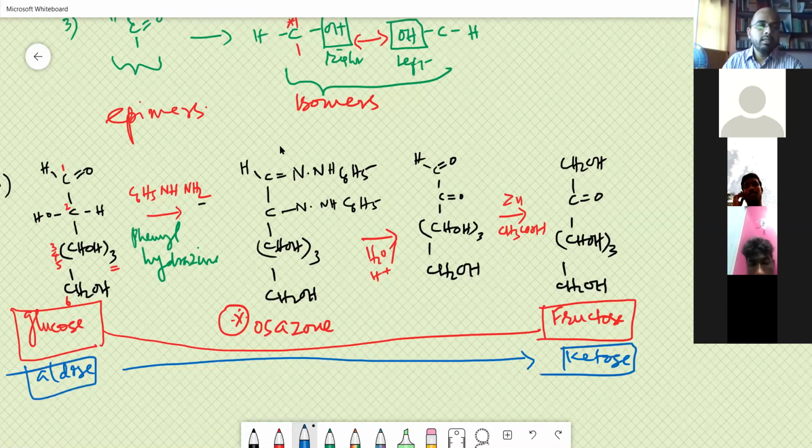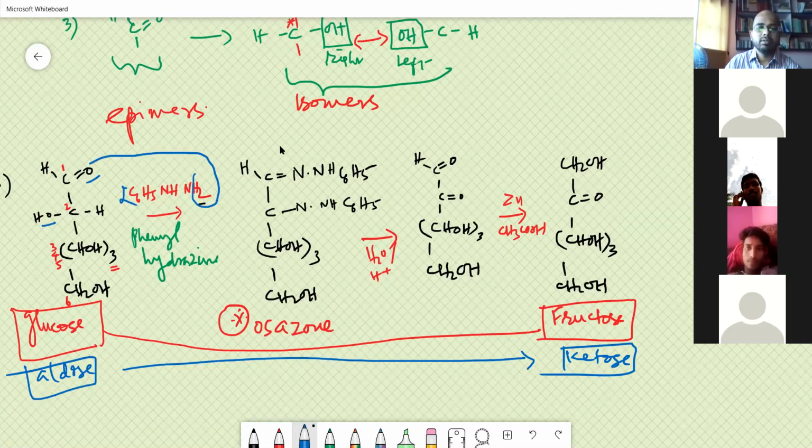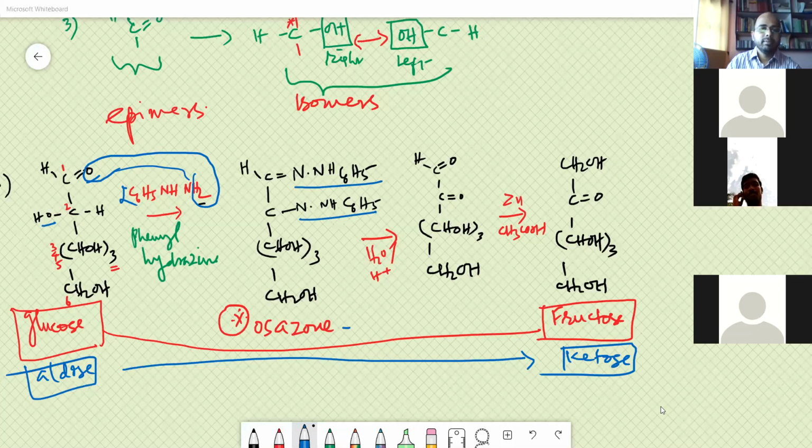What is the mechanism there? Here you have this OH and this O getting into the reaction, and then you get to this hydrogen and this water molecule will go and they form the osazone. The osazone is a very crystalline compound itself because you have C double bond N, and the pure crystalline form is one of the tests to identify the formation of, that is, the glucose presentation.